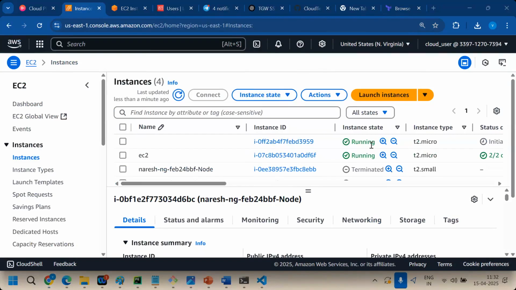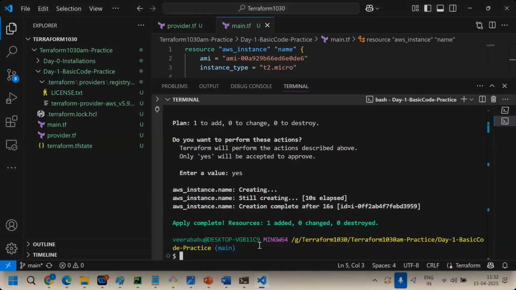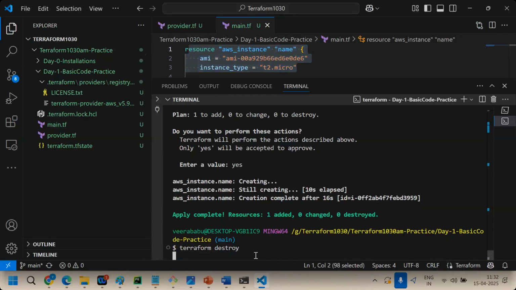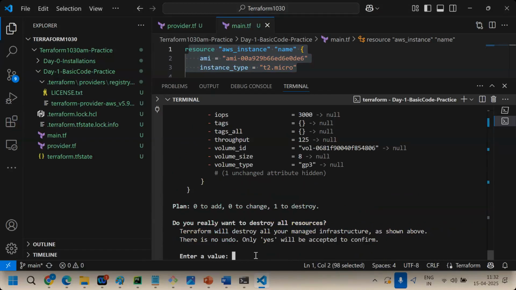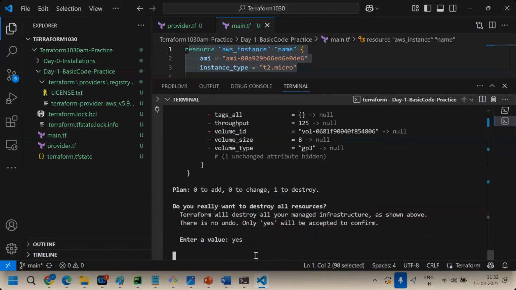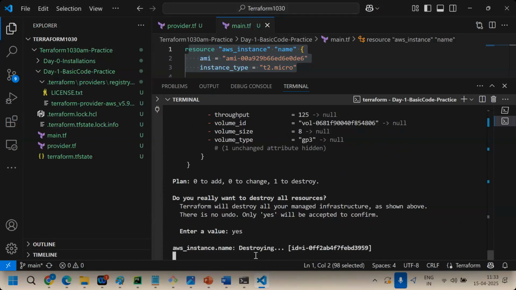Okay. If I want to delete this server, one more command, Terraform destroy. When you run a Terraform destroy, it will destroy this resource. Destroying instance.